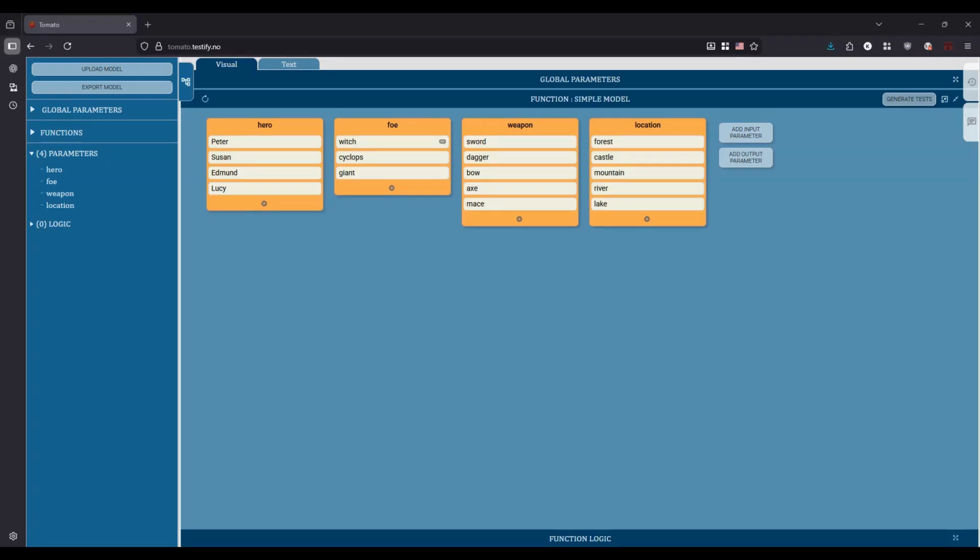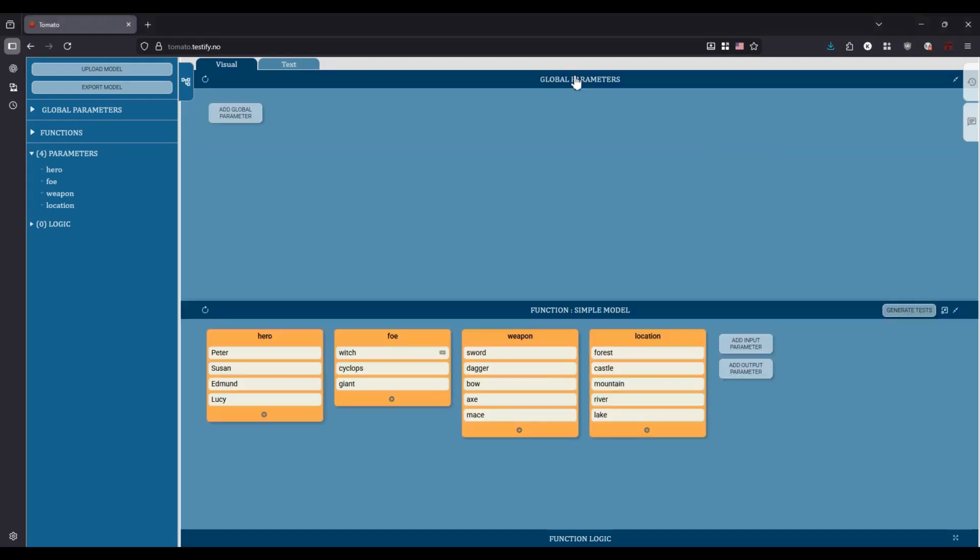In this part of the tutorial, we'll experiment a bit with the model structure. To keep things simple, let's start fresh and use the model we built in the introductory tutorial. Structures let us group parameters together. Since heroes and foes can be treated as a single type of character, we can merge them and reorganize the